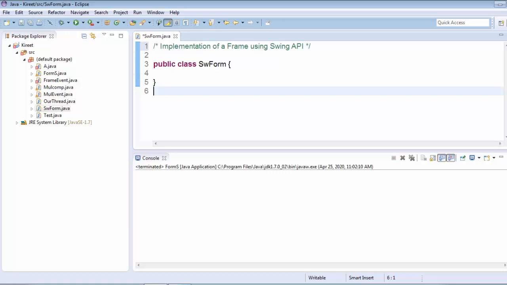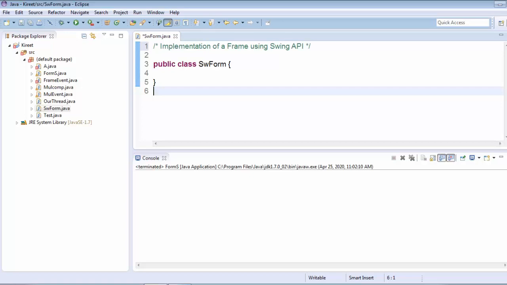We need not start from scratch because we have already used AWT. We know the concept of AWT, we know the concept of event handling in AWT, we know the concept of containers in AWT, and so on.